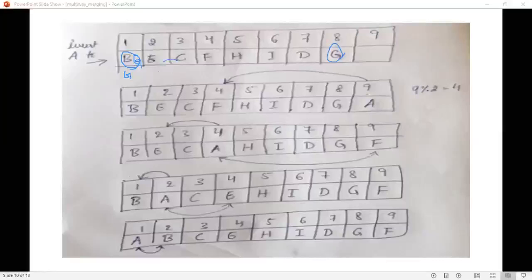Now here the right child is smaller, so this smaller child you have to compare with this one here, and then you have to exchange, that is now G will come here and C will go to the first position. Next again you have to find the child of this one, the third index, that is 6.